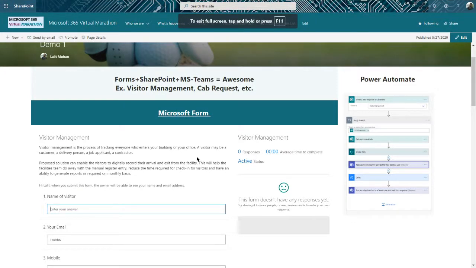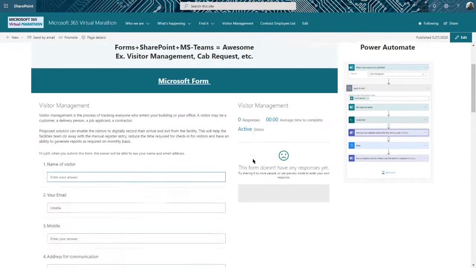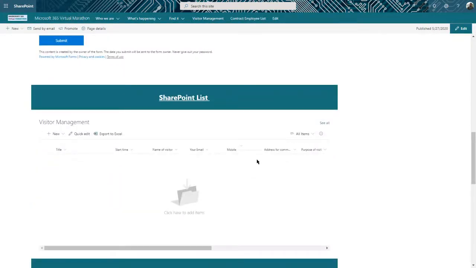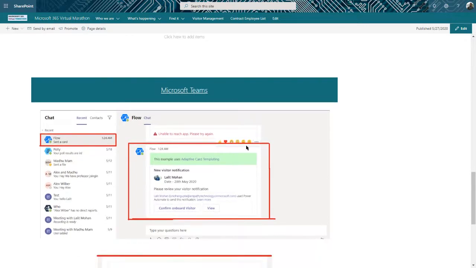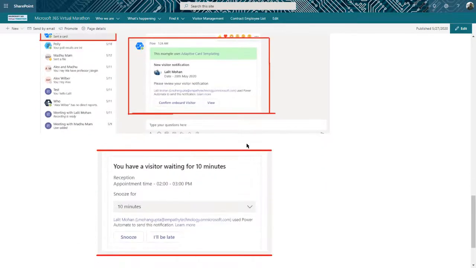here, as I told, I have a visitor management that I have covered in this quick example, and I have added the Power Automate actions and triggers that I have been using in this. And then I have my data stored in a SharePoint list where I can see who is visiting, what time, and what time we get logged out. So then I use Microsoft Teams to send approvals to my managers, to my concerned department,